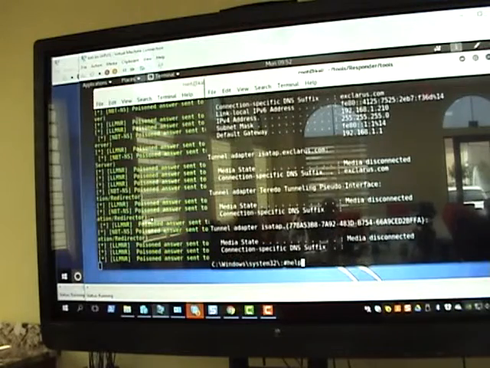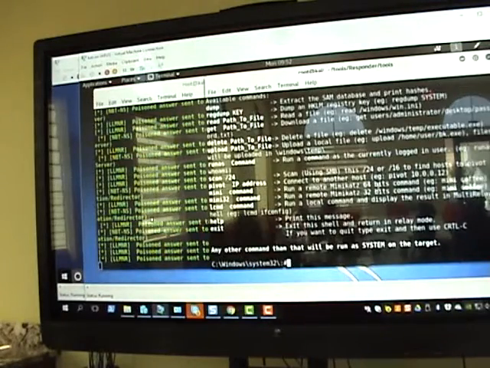If I go to help, this multi-relay tool comes with a bunch of minor utilities which you can use. So you can scan the network on a /24 or /16 to find other hosts